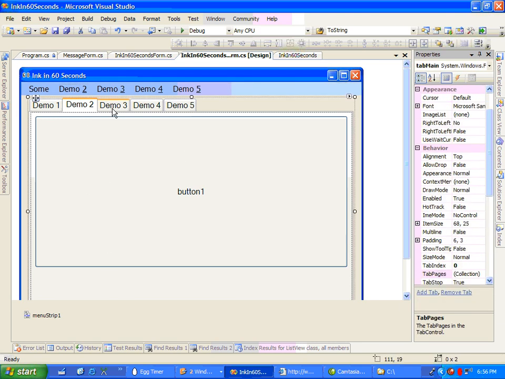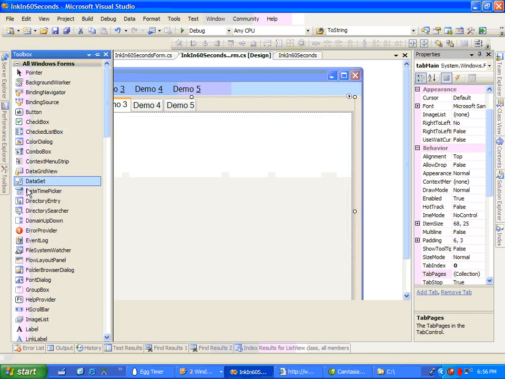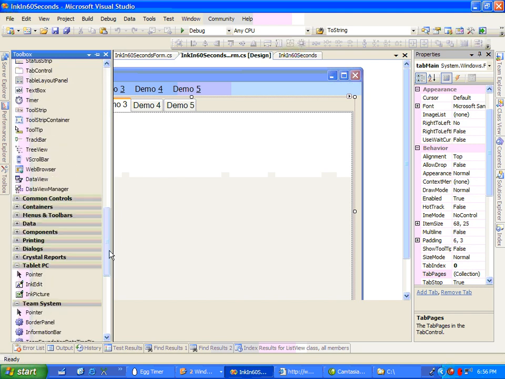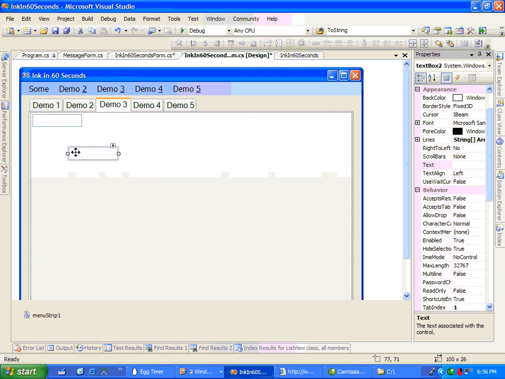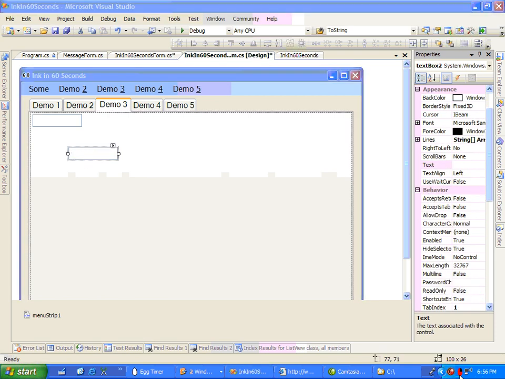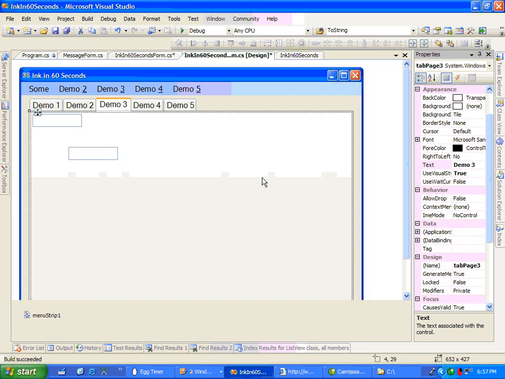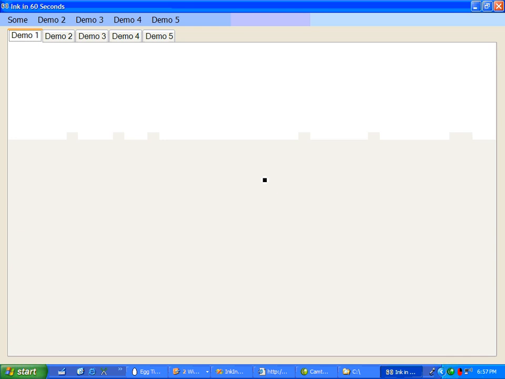Go to my tab 2. No, let's go to tab 3. And text box. Drop that on here. Oh, I already had one on there. It must have been from the last time I ran this. Okay. So I got that one done in 15 seconds. You say, what? What do you mean it's done? Well, it's done. If I come up here, and I've got these text fields, I come up here, notice this